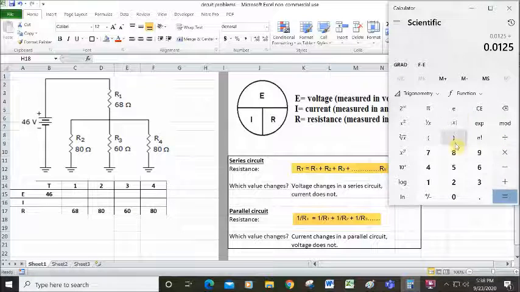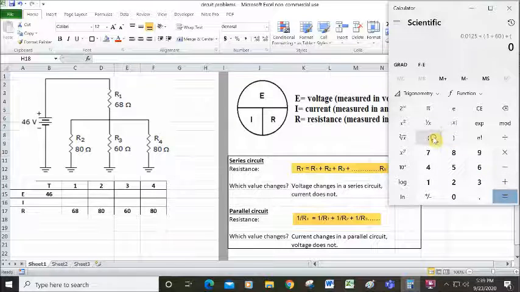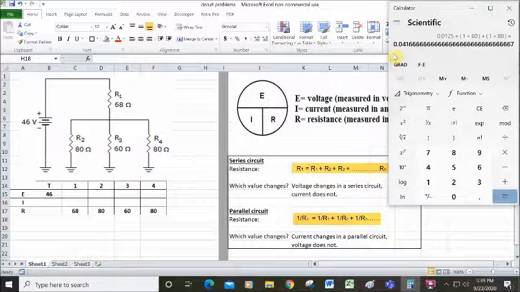We're going to add that to 1 divided by 60. And we're going to add that to 1 divided by 80 again. And you come up with